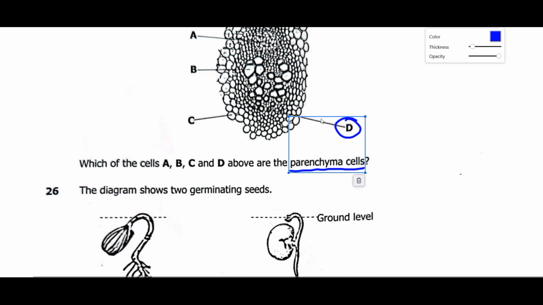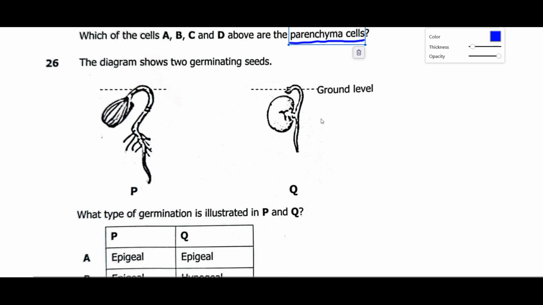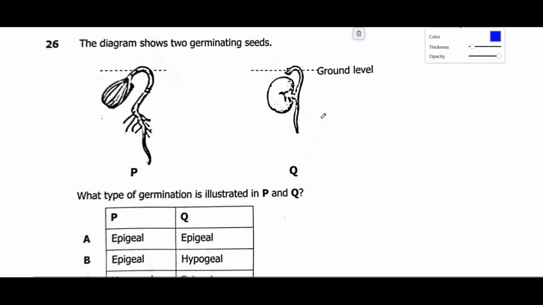We move on to question number 26. The diagram shows two germinated seeds. What type of germination is illustrated in P and Q? We have epigeal and hypogeal. Now, these are the cotyledons. For this one, the cotyledons will appear above the ground, but for this one, the cotyledons remain